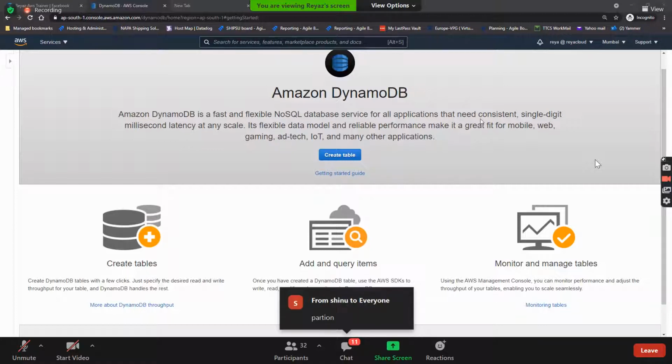And while creating a table, which key we need to create? Which key is mandatory? Yeah, primary key. That means the partition key is mandatory. Do you remember the sort key? Sort key is optional. And then if you have only a primary key, is it possible to have duplicate values? No. If you have a sort key, is it possible to have duplicate values? Yes.